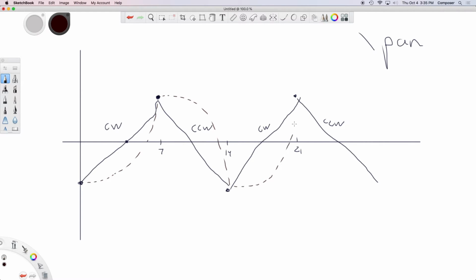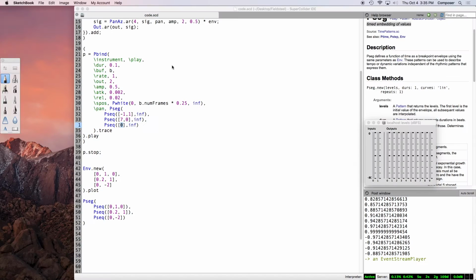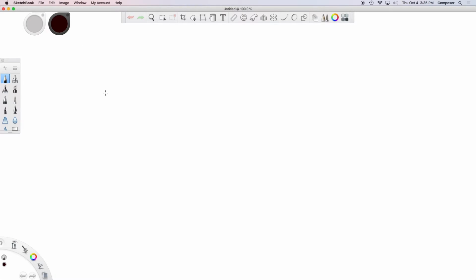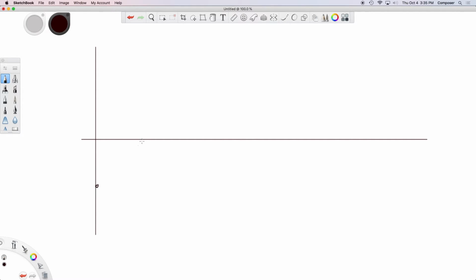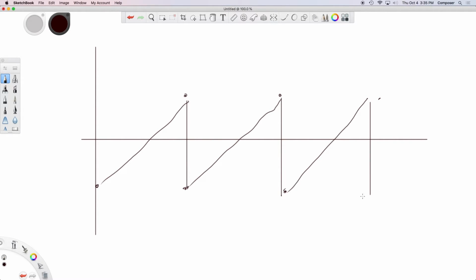Right? So that when we, and this is my old drawing, right? So now we have a sawtooth wave. It might be 1 and -1. I have to think about it, but let's just redraw this here. So we've got this kind of thing. And so we take 7 seconds, right? And then instantaneously go down here, another 7 seconds. And with these straight lines, we make a nice smooth pan around the room, same velocity, but we want to